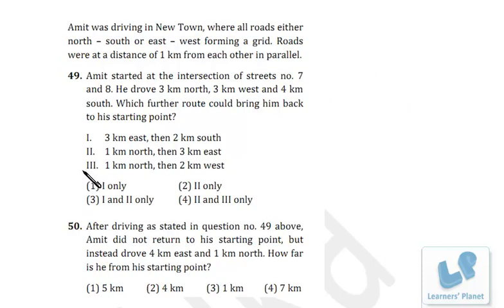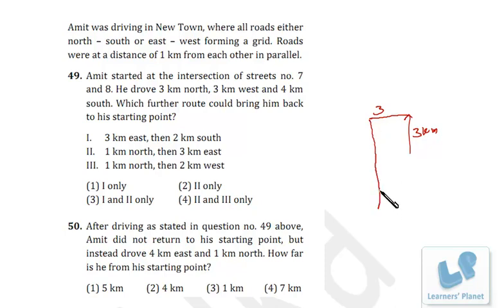Now this question is based on direction sense. Amit was driving in Newtown where all the roads run either north-south or east-west, forming a grid. Roads were at a distance of 1 kilometer from each other in parallel. Amit started at the intersection of streets number 7 and 8. He drove 3 kilometers north, right? So first of all this is 3 kilometers. Then 3 kilometers west, okay, then 4 kilometers south,